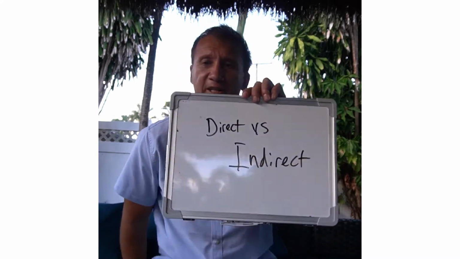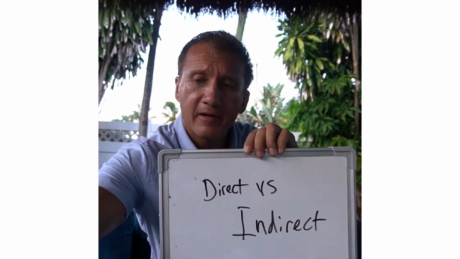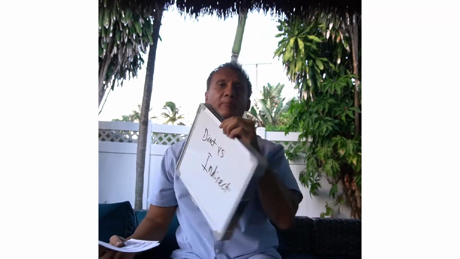So many policies, and I'm going to put an example of a policy right now, will have language that says something like this when it comes to cast iron pipe. We do not cover direct damages resulting from a backup or overflow of water from any heating, plumbing, air conditioning unit, basically.